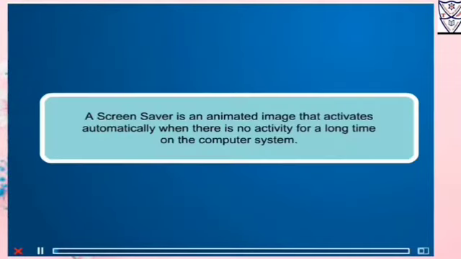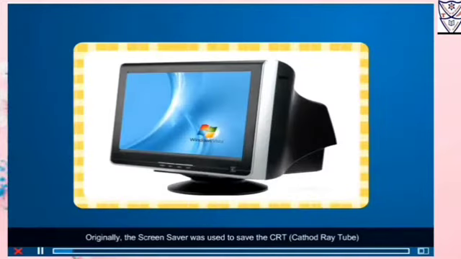Screensaver in Ubuntu. A screensaver is an animated image that activates automatically when there is no activity for a long time on the computer system. Originally, the screensaver was used to save CRT, cathode ray tube, monitors from the burn-in effect when the same image is displayed for a long time.